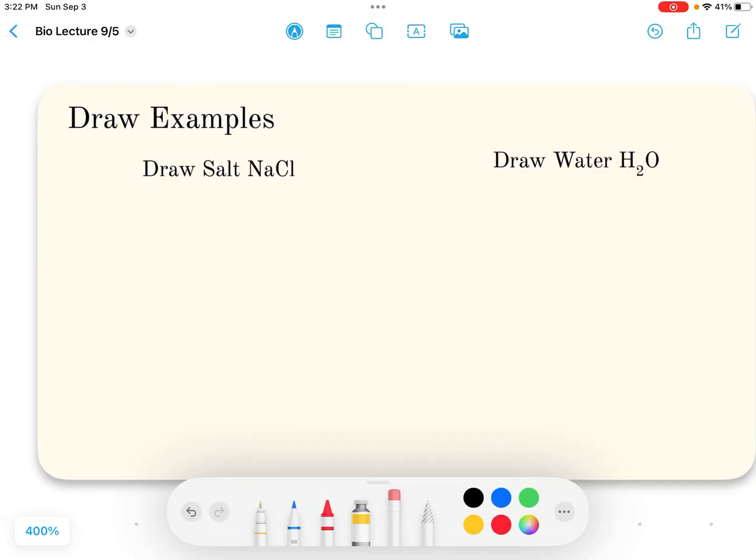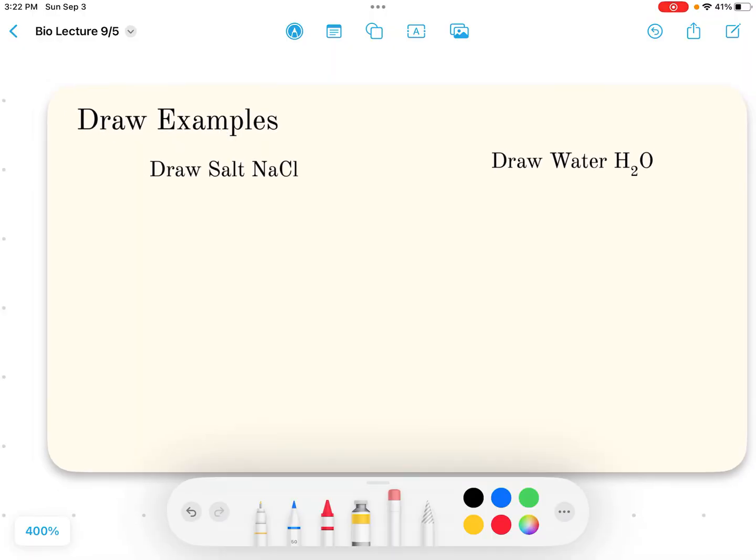Okay, so we have sodium chloride. That is an ionic bond. Sodium is number 11 on the periodic table, meaning it has 11 of our electrons and protons. So sodium, again, is Na. And we need to draw the number of electrons. So I'm going to draw an electron cloud around it. So we're going to have